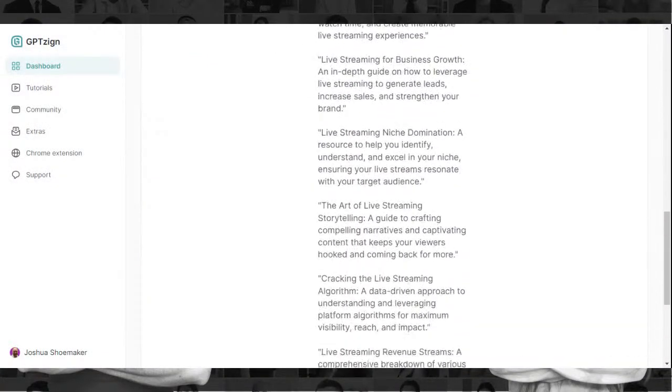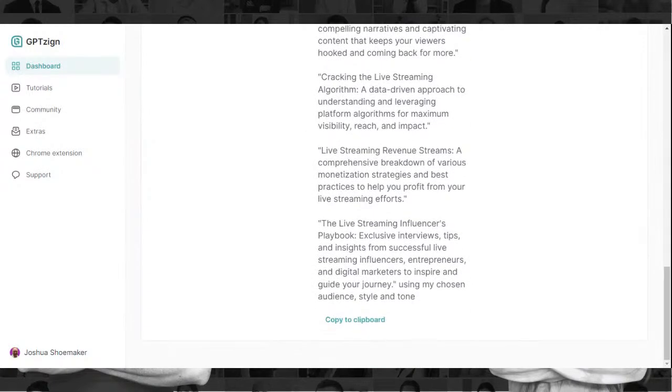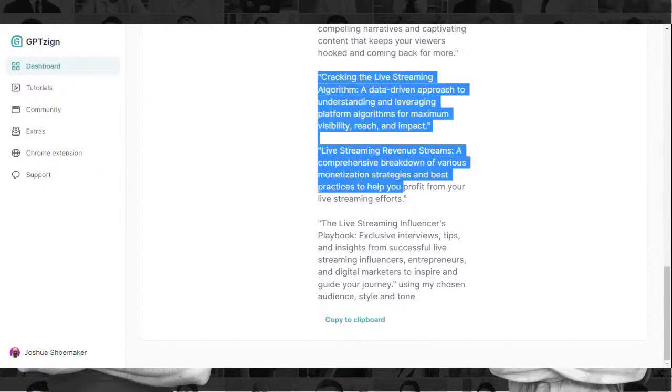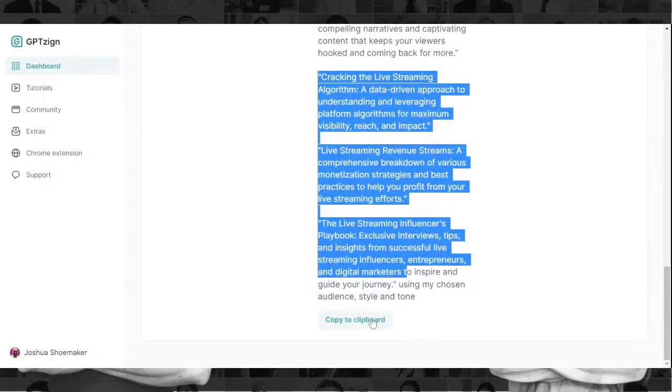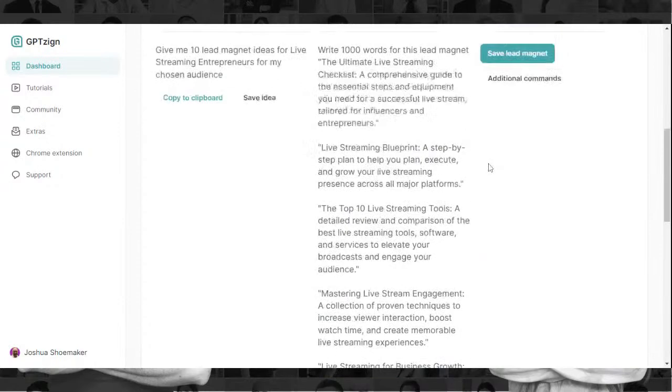Then once you do that, you get down here. And so ChatGPT came up with all this stuff, a whole big thing. Then you click copy to clipboard.